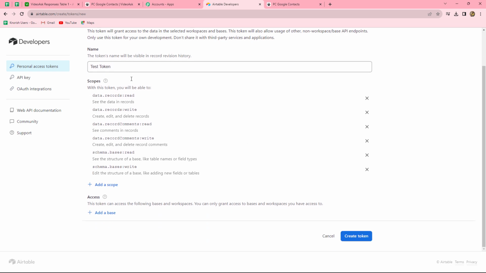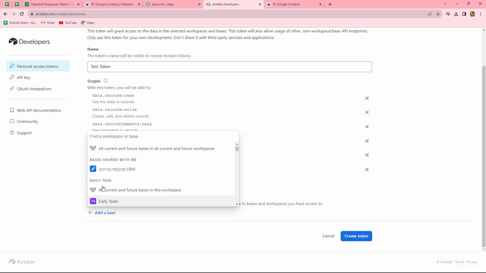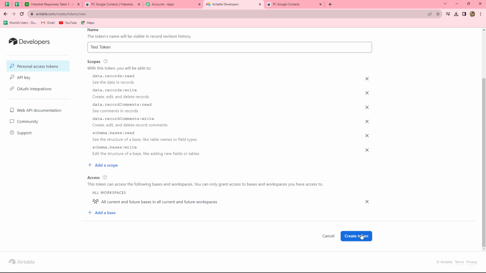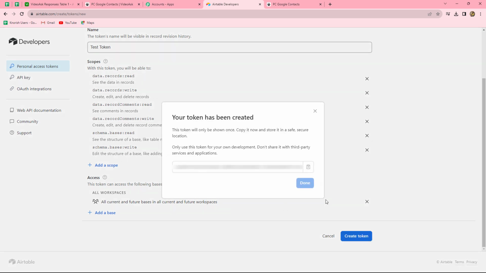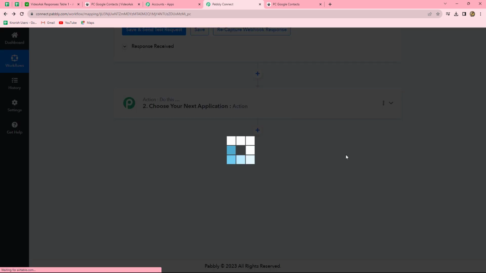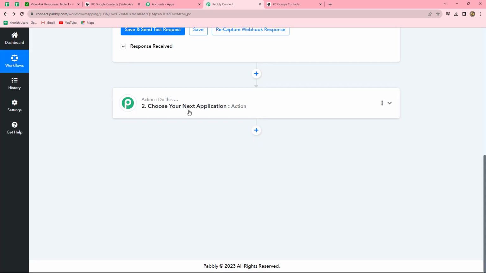Now after selecting all the scopes, we have to click on this base button. So let's add a base, and then we have to select all current and future bases and all current and future workspaces. Select it. After selecting both the details, let's click on create token, and here we can find that our token is ready. Let's just copy this, and then we will go back,